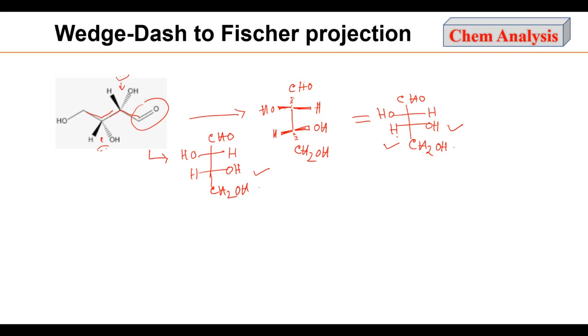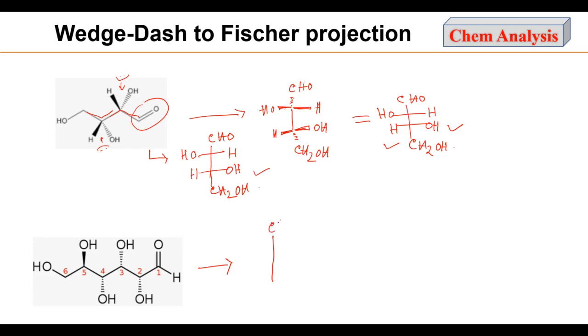Let's see another important example. Let's first apply the trick. Next we will identify the structure or orientation of the group by viewing from the OH dash bond. Now if we apply the trick, then for the second carbon center, we can see that the in-plane groups are in V-shaped orientation, so the group which is above the plane will go on the left side.